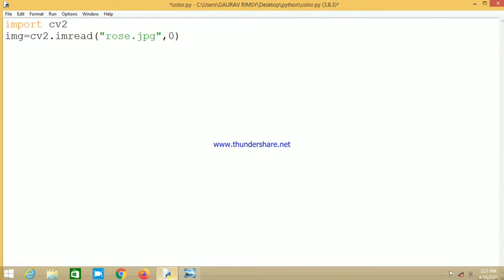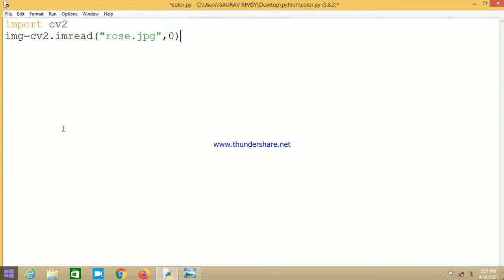Now you might be thinking, what is the imread method of the cv2 library OpenCV? img equal to cv2.imread is a method that loads an image from the specified file. If the image can't be read, it will return an empty matrix. This method returns the matrix of pixels which represents the given image. Now what is a pixel? A pixel is the smallest unit of an image.